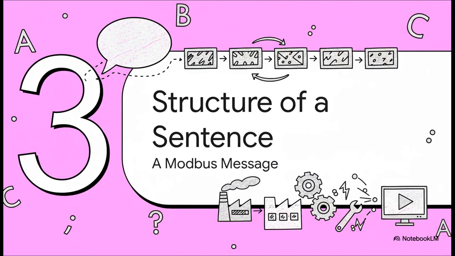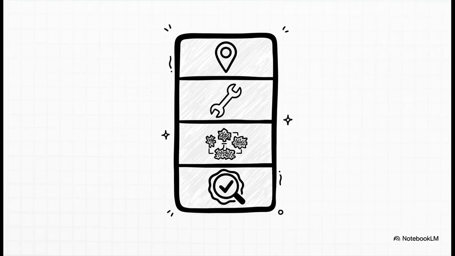All right, so if Modbus is a language, then every single command is basically a sentence. And, just like a sentence in English has grammar and structure, these Modbus messages have a very specific anatomy. And this is where the design gets really, really smart. Each message isn't just a simple sentence. You should think of it more like a formal letter. And this letter is always built from 4 essential parts, making sure it gets to the right place and is understood perfectly every single time.